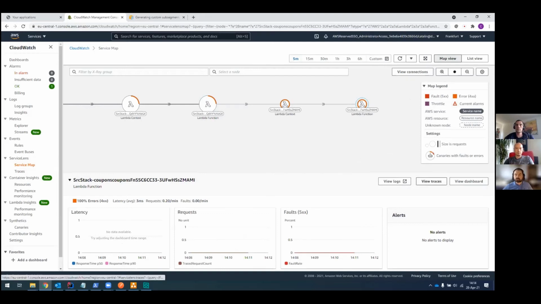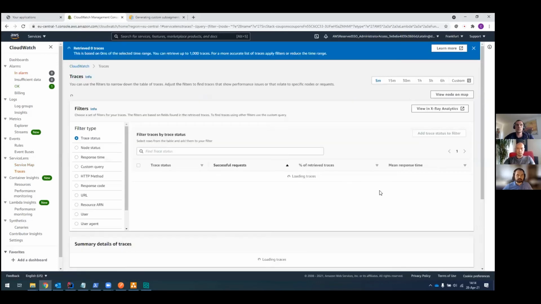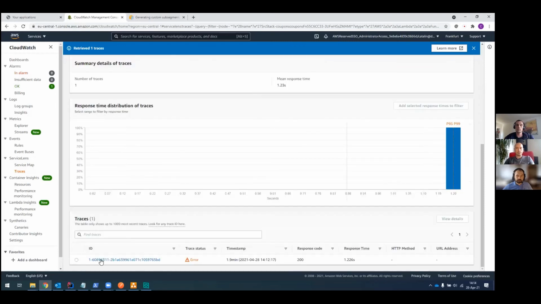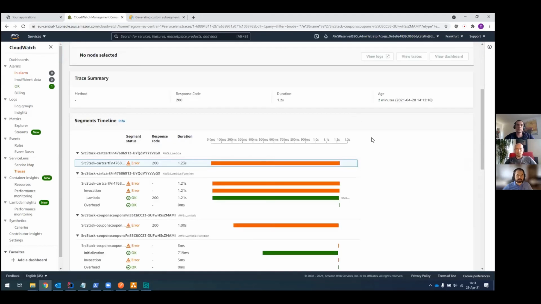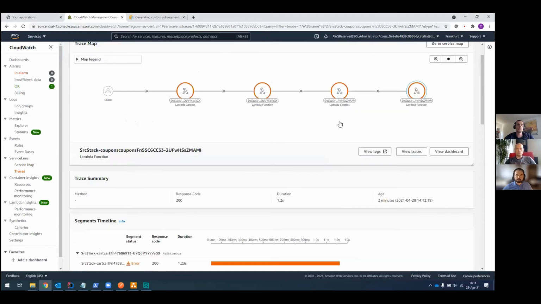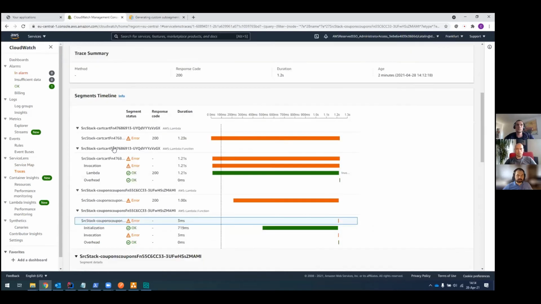Let's go with the view traces and see specifically what's going on with this service. All right, so we have an error. We're going to click this trace and we're going to see everything in segments, as Florian said. So we have the service map still here, and now we have each segment, right?